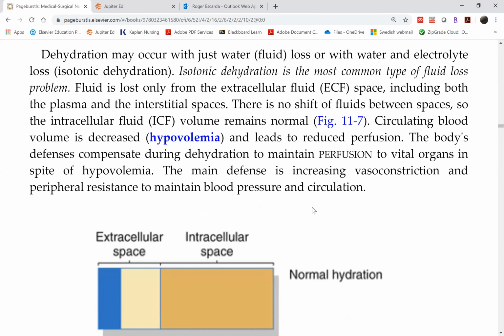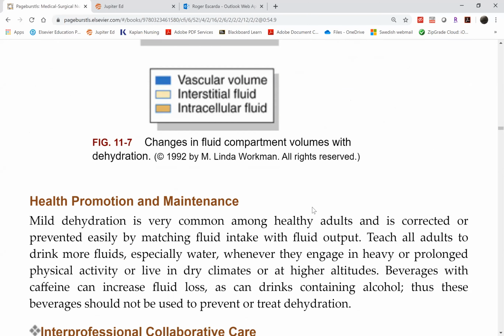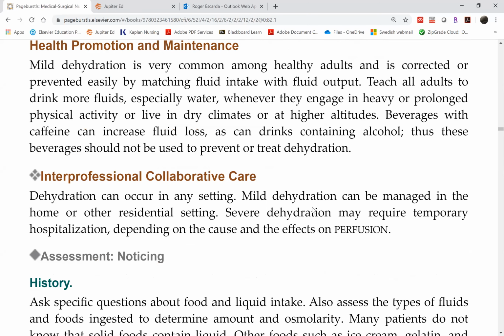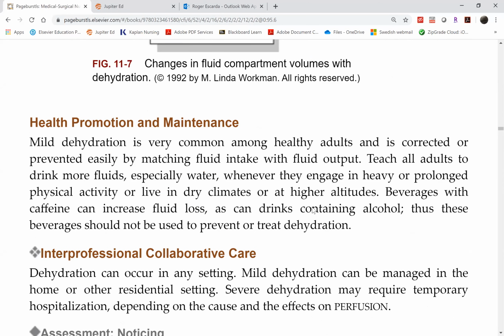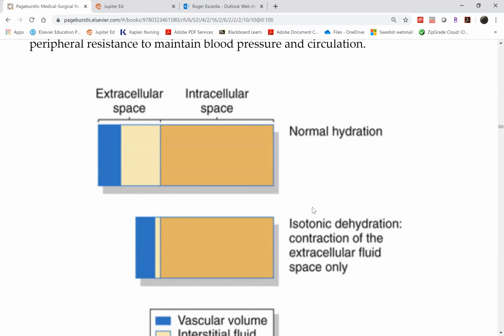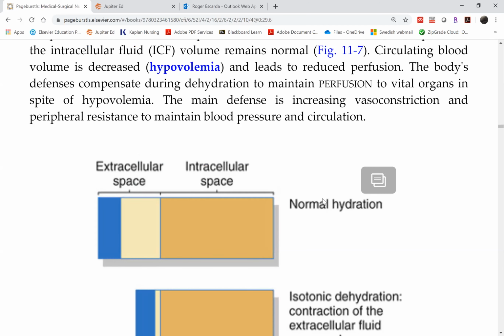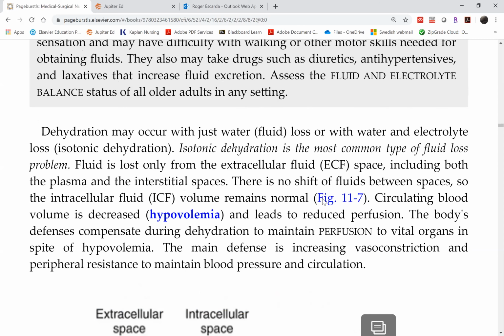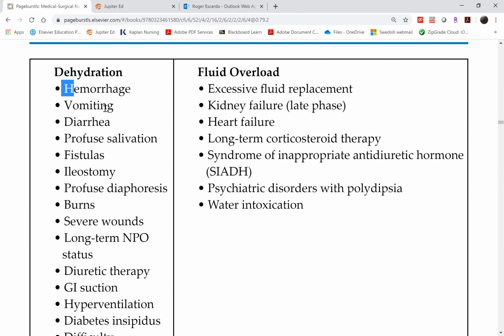So whether we're dehydrated or overhydrated or in fluid overload, we assess the same indicators of fluid balance, meaning when you walk into this patient's room, you can assess the same items to determine, to use as a basis whether or not the patient is in fluid deficit or in fluid overload. Now, this concept will apply to any condition, meaning if we're discussing future chapters involving these conditions right here,